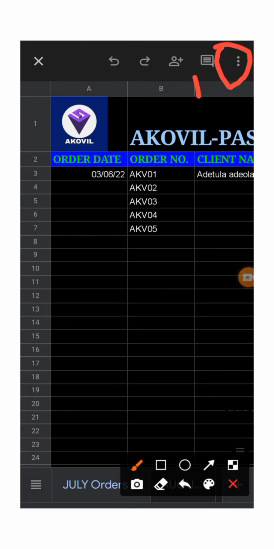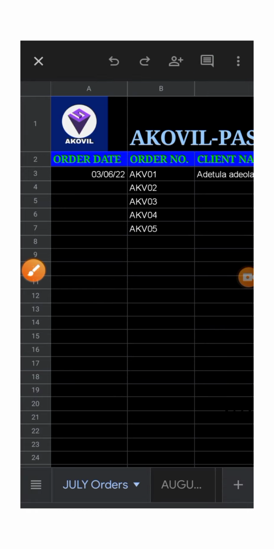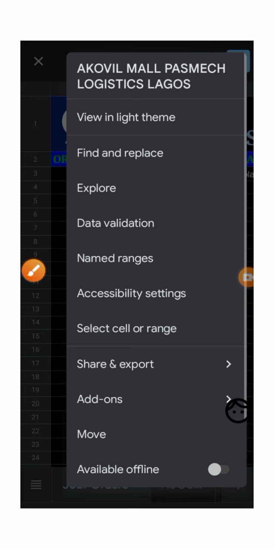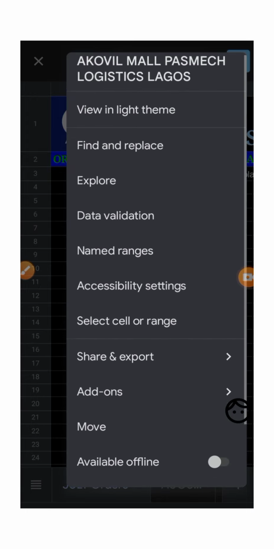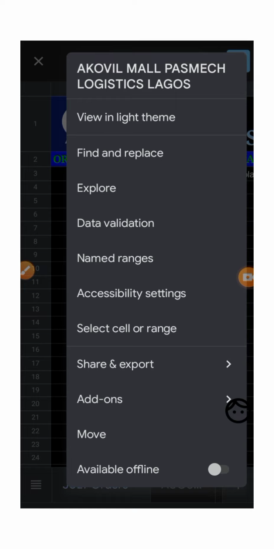Now if I want to show you something last from here, if you go there, that three dots, click on it. So we have a lot of things here, you see a lot of things here. But you be careful, please. It's none of your business. Please don't come and work on things that do not concern you. We just want to show you in case